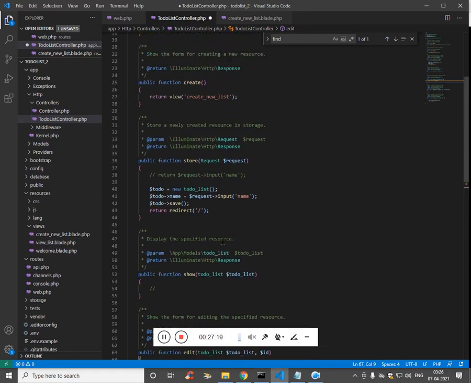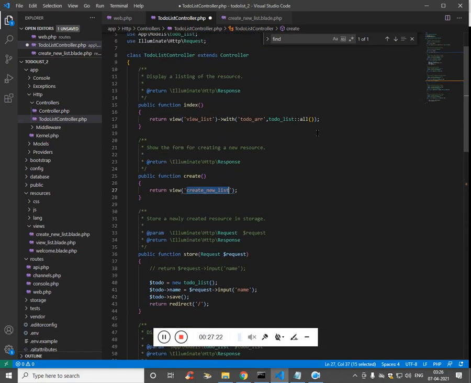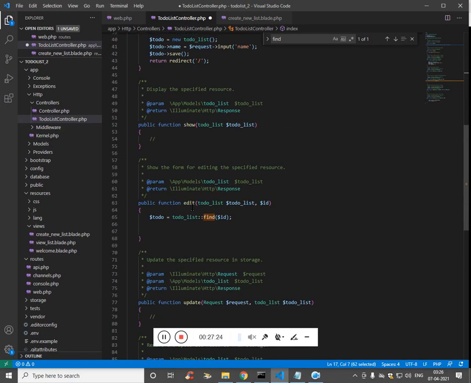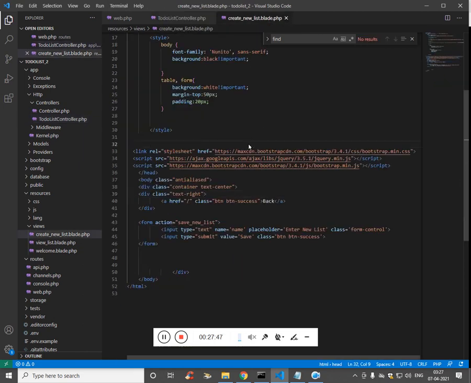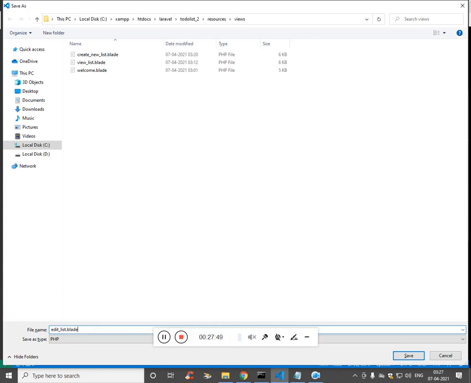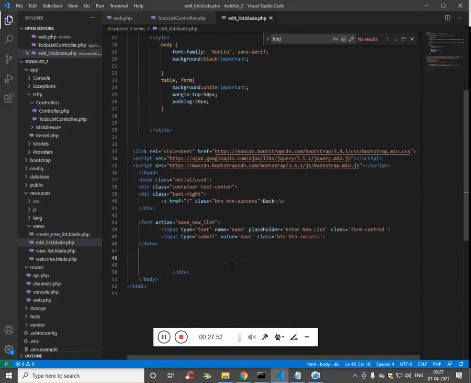To pass it to the view, which we have already seen, we'll use the same thing. Edit list, we will create a view, and we'll use the same array.